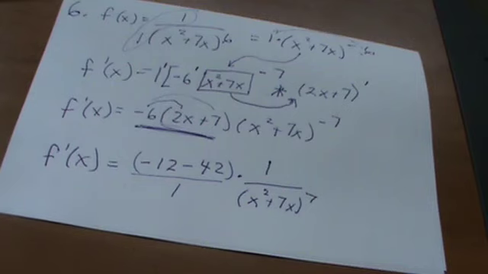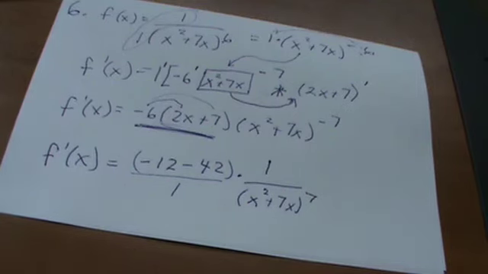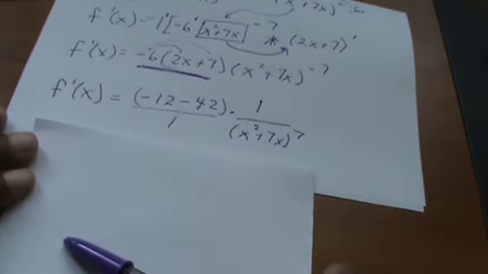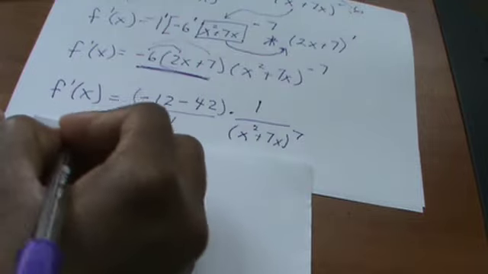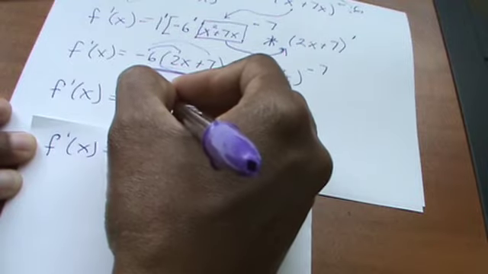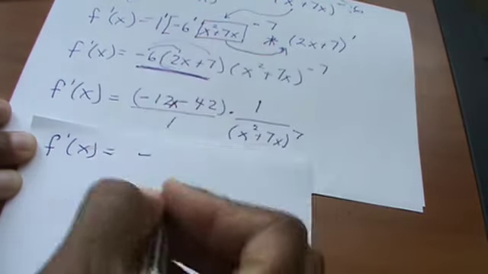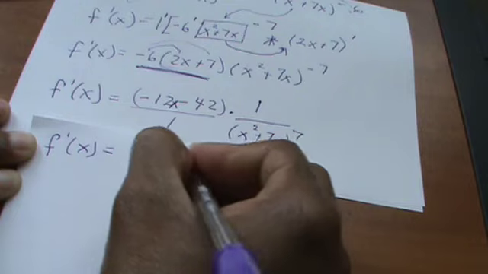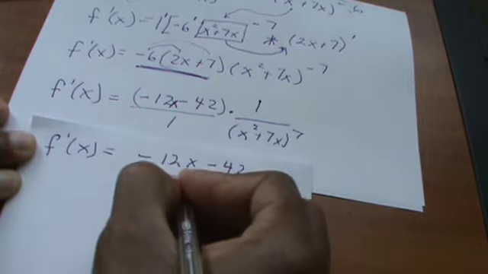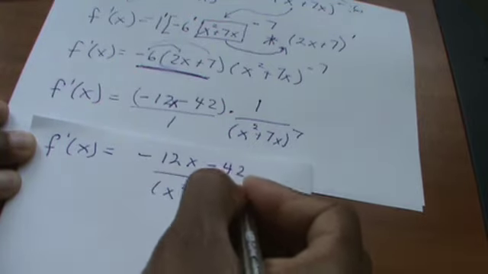You can always divide by 1 and not change your entity. Okay, it makes it a little bit easier for us to simplify because I truly am simply just multiplying straight across, right? So in this case, f prime of x equals negative, looks like I failed to write down the x here, negative 12x. Negative 12x minus 42 all over x squared plus 7x, the quantity to the 7th